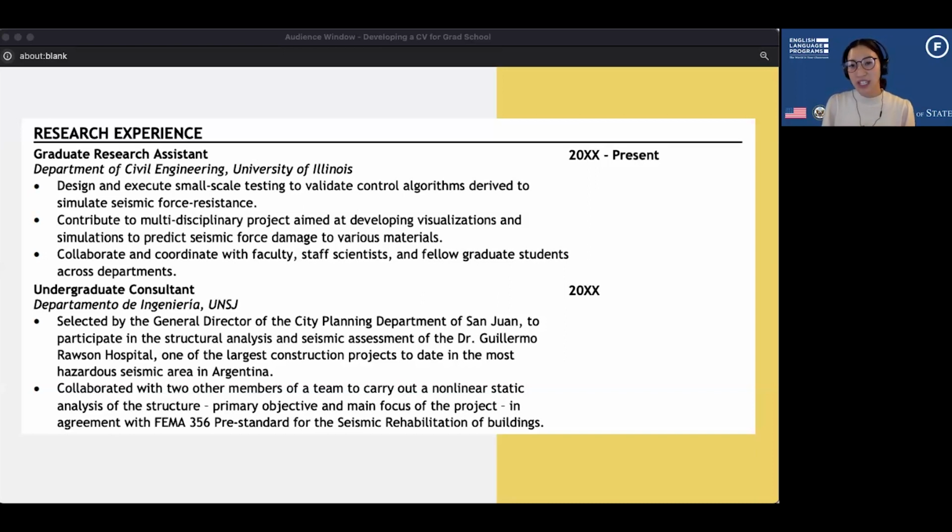So it's important to include any research that you have done. You want to list all of the academic research posts that you served if you have done any, been a researcher,